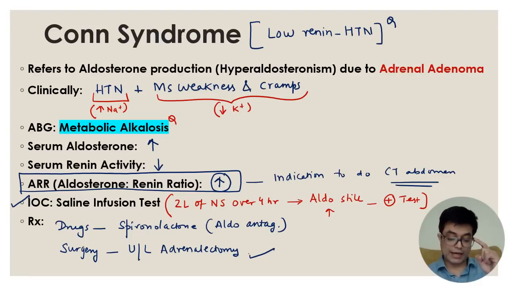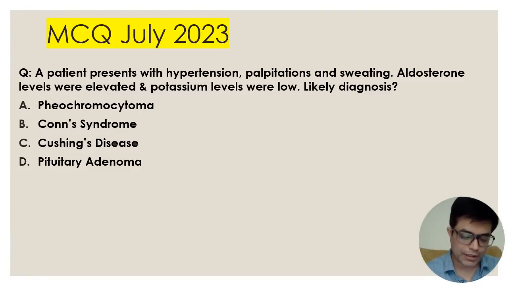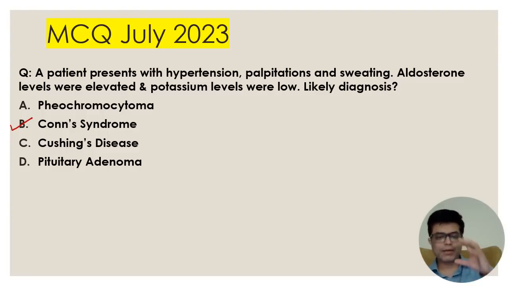Let us have a look at the MCQ. MCQ asked in July 23. The question was, patient presents with hypertension, palpitation, sweating, aldosterone elevated, potassium levels low, likely diagnosis? It's an easy one. Patient is having Conn syndrome. Now you might think, when you get a similar case, you might sometimes get confused, sir, why is it